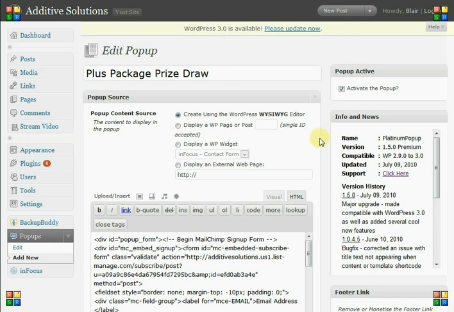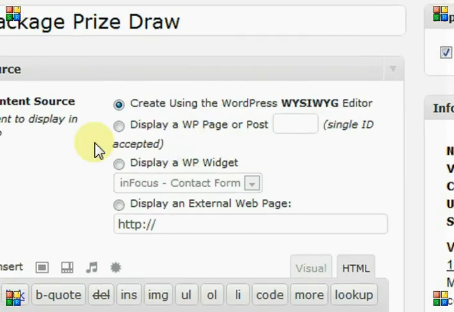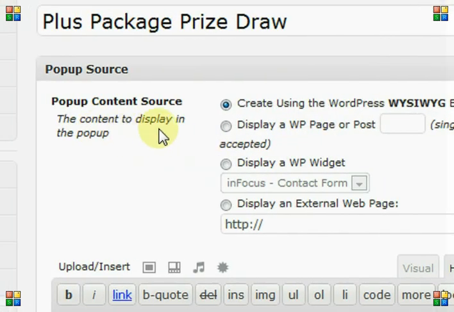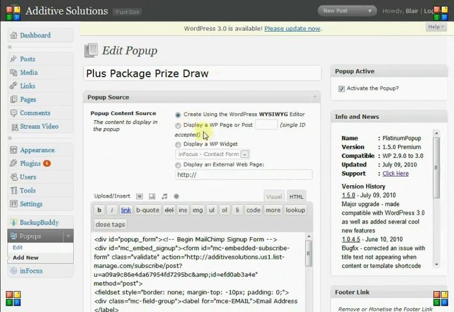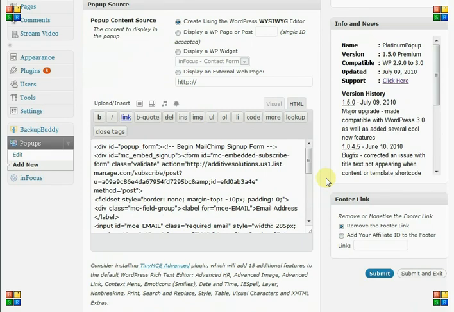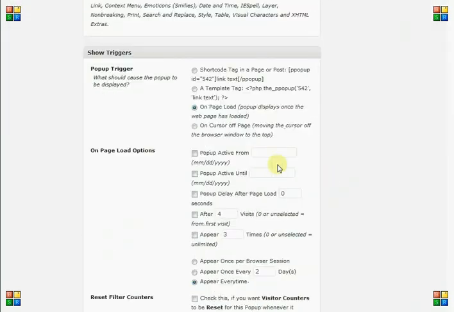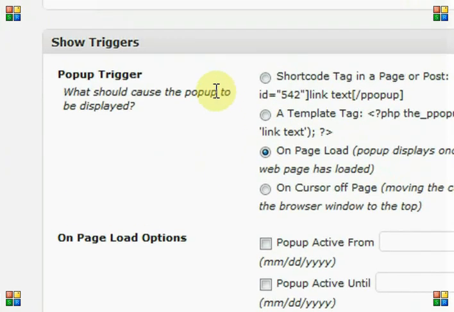For this particular one, though, the thing I want to show you is the flexibility that you've got with the pop-up, with the plugin itself. So here you've got a content source. You can use this, what you see is what you get, or you can actually put a widget or a specific page into the pop-up itself. So you're unlimited in the content that the pop-up can include. But the really cool thing comes in with